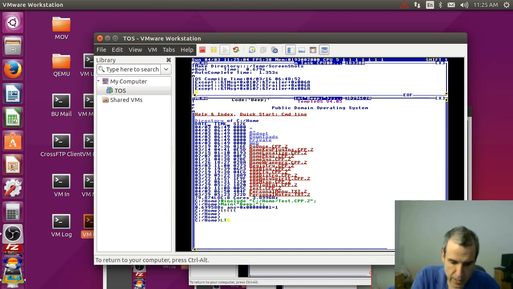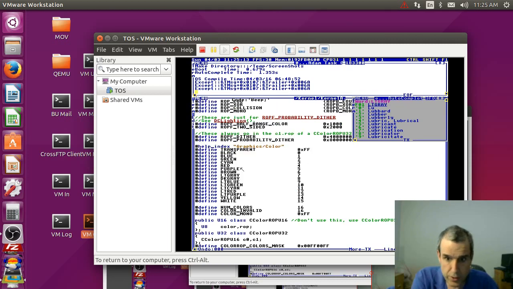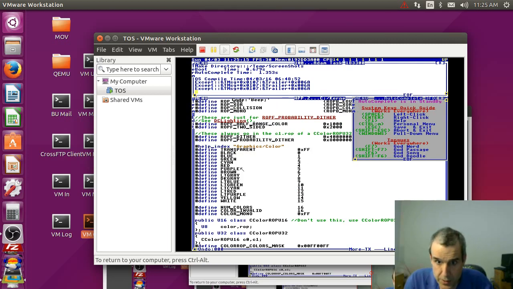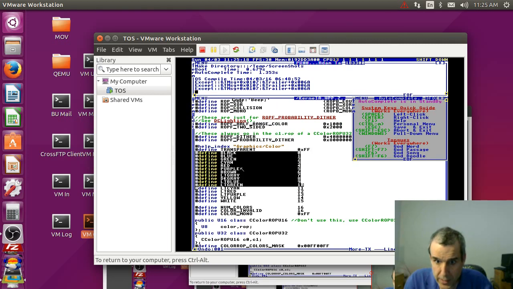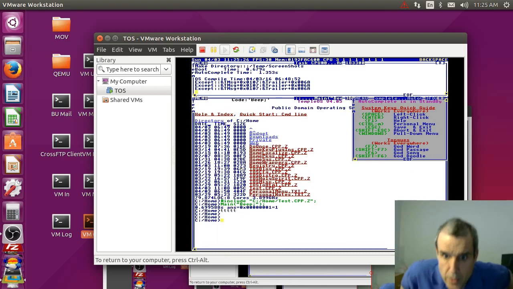If we say light, the reason this will always be 16 color, and I dug in, there's no way you are going to make this operating system something else. These are the colors. Anyway, what was I doing? Okay, so